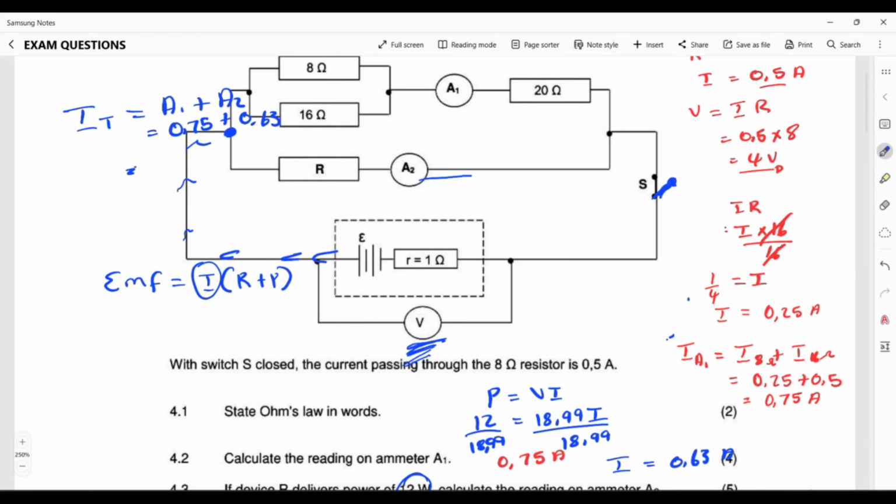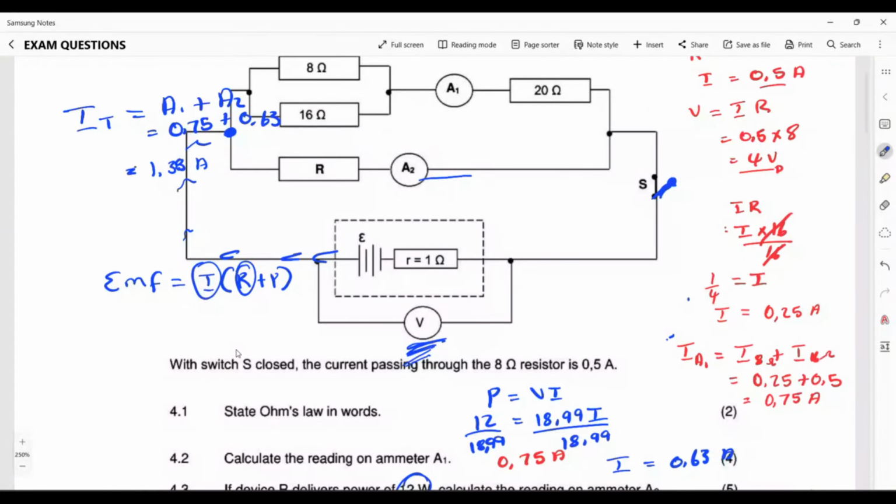What value do I get from the calculator? What is my total current? 1.33. That's going to be 1.33 amperes. So that's my total current. 1.38. Oh, 1.38. Okay, sorry for that. 1.38. So now that's my total current. What else do I need to satisfy my equation? I need the total resistance now. So in order to find the total resistance,